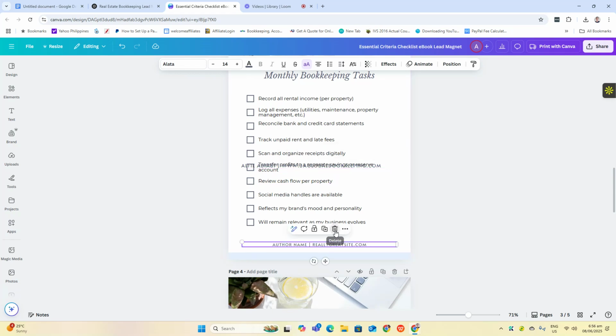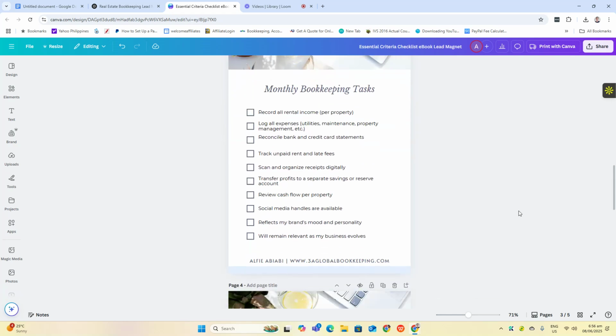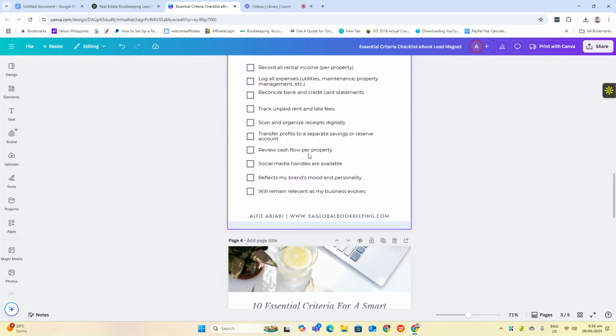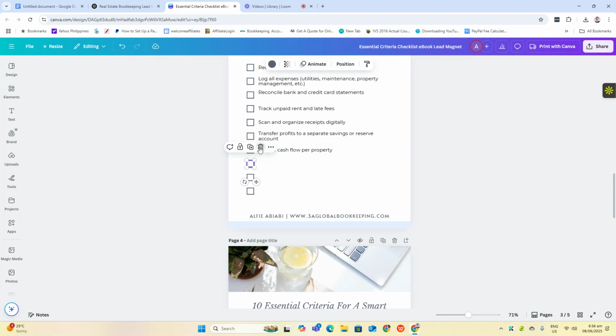I'm going to remove this one and replace it. Okay. Review cash flow, transfer, remove, delete, delete.